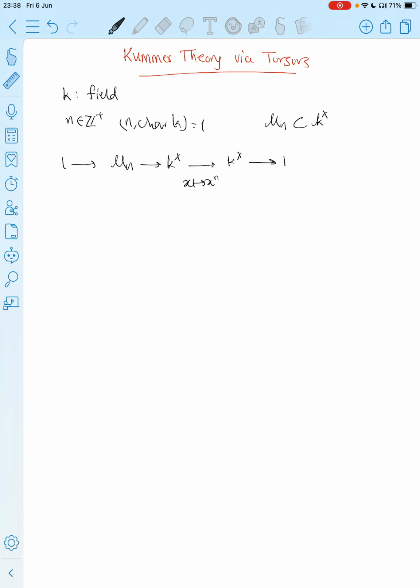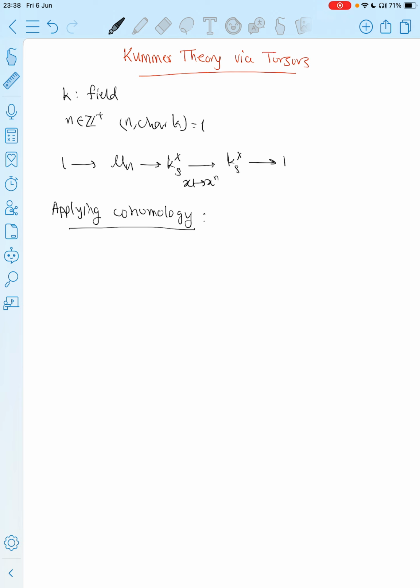And so when you apply Galois cohomology, let's say H1, or maybe you can do a bit better. I think let's not assume this for now. Let's just work with the separable closure. The nth roots of unity are already inside the separable closure. Now if you apply cohomology, you will get